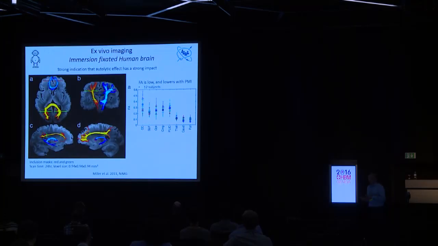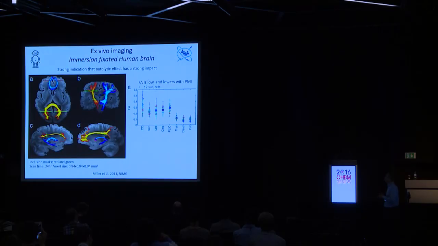You can also do tractography in human postmortem, and this has been shown by Karla Miller from Oxford. She set up an experiment that allowed her to acquire such high quality data of the human brain and show that she can extract major fiber bundles from the brain. But as I told you before, these postmortem brains have a postmortem interval which is pretty large, and her analysis also shows that we introduce